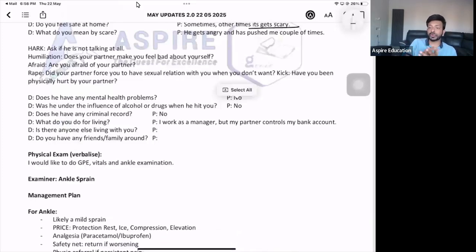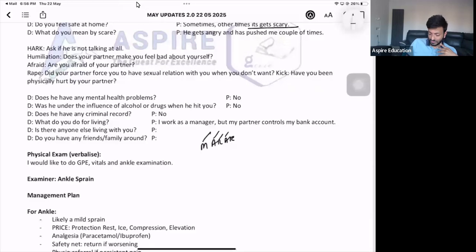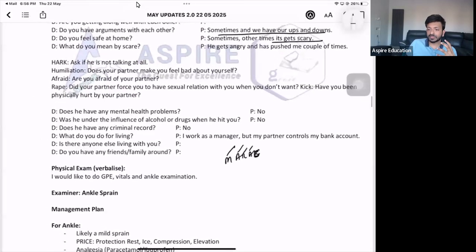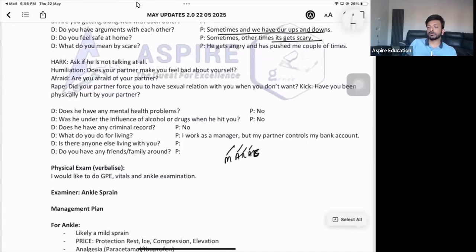So we can put you in contact with the designated person that we have got in the hospital, who can put you in contact with some other organization, mainly the MARAC organization. Again, if you know the name of this organization, it's okay. If you don't know their name, that's fine as well. So it's a multi-agency risk assessment conference, actually, MARAC. So if you don't know the name, that is absolutely fine.